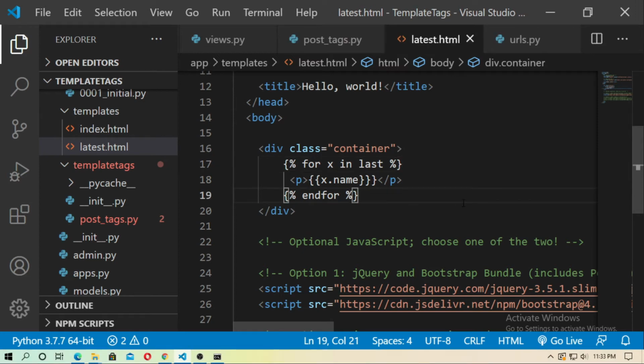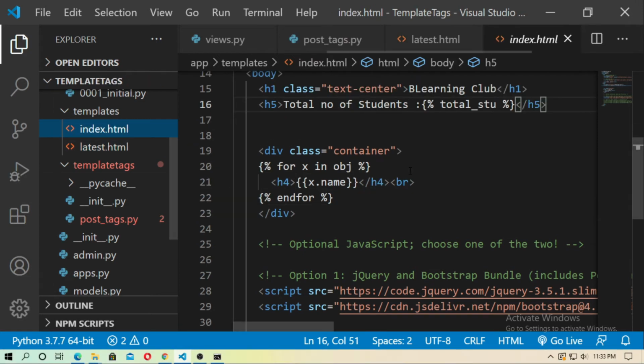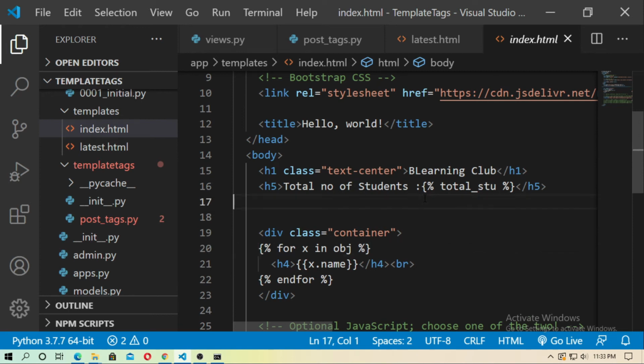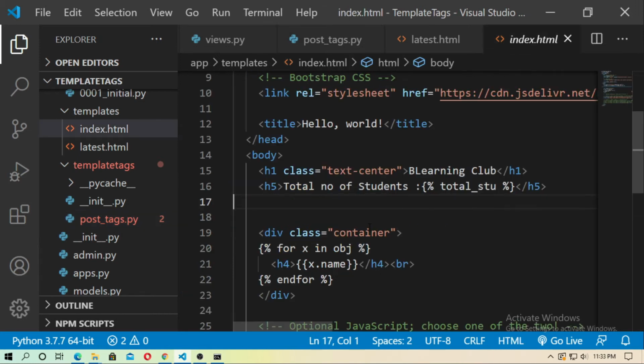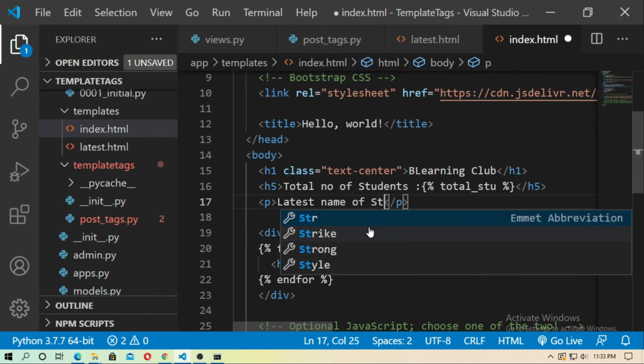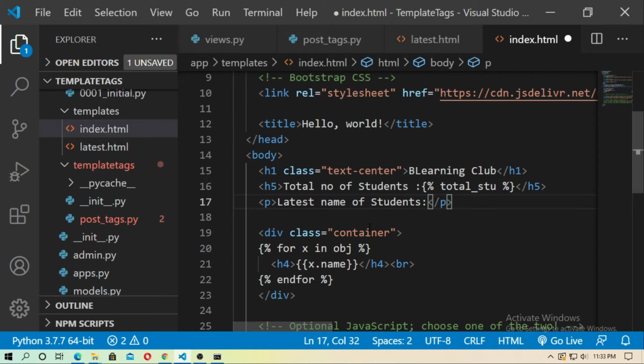Save it and go to index.html. Here I use this inclusion tag, show latest name. In index.html create a p tag and type latest name of students. Now use this inclusion tag. What is your tag name?